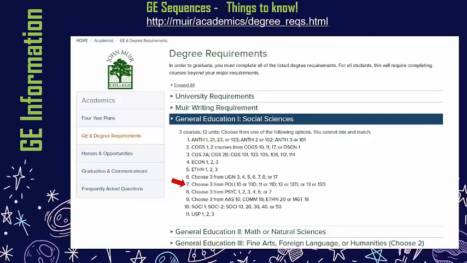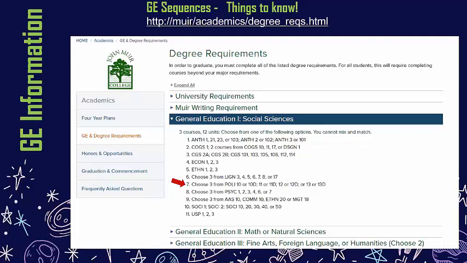All right, so here's a screenshot of the Muir Advising website that lists your degree requirements, including the different GE sequences and approved courses for each sequence. You can take different courses to explore your interests in our GE sequences. For example, within our social science sequence, you can take a psychology course, then try a sociology course, then try